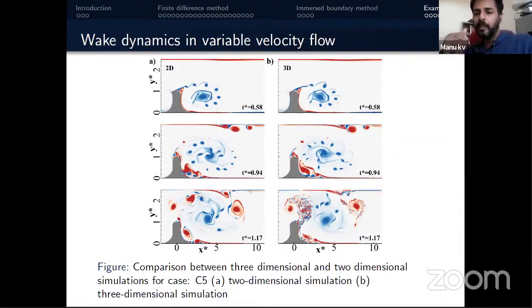The initial part, the shear layer vortices formation, is identical for the two-dimensional and three-dimensional cases. However, once it's developed, structures will start to break in the case of three-dimensional flows, whereas the structures are relatively big in the case of 2D. So this is another important aspect when we are dealing with CFD problems, whether to go for a 2D problem or a 3D problem.